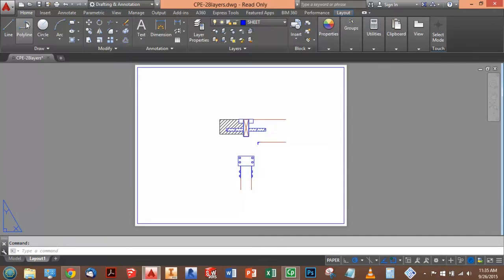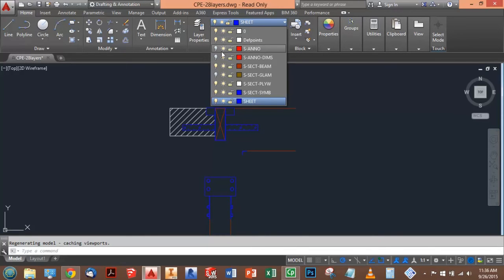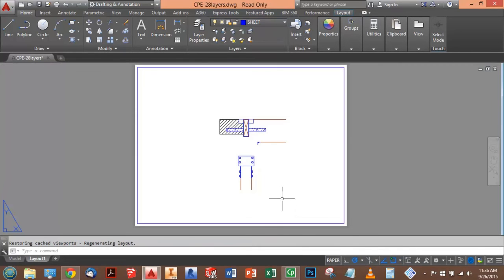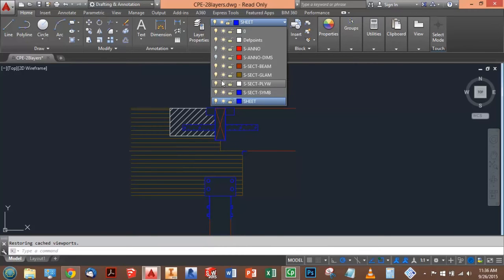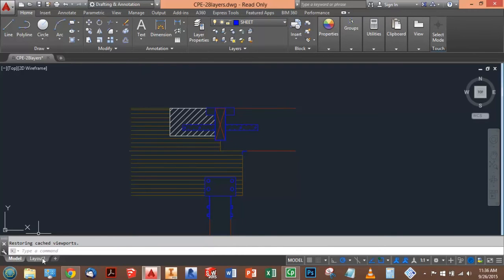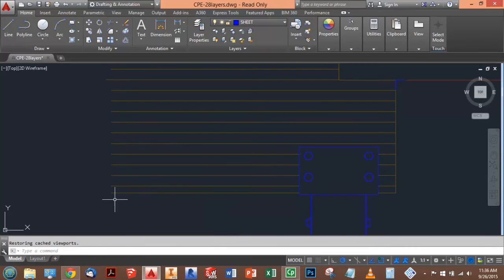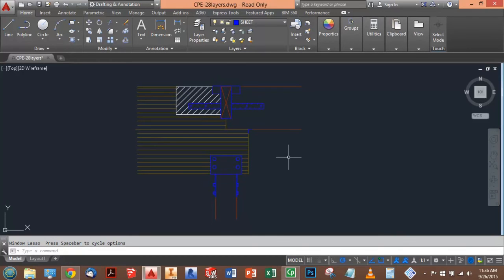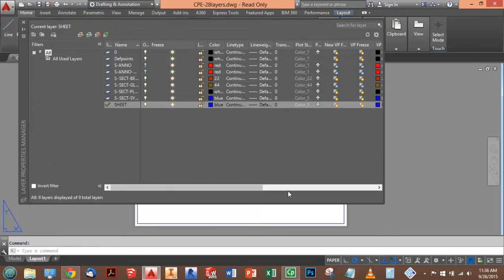So this is where they trick you: if you go to model space, you can turn that layer on here, and you can see it right there. But if I go back to my layout, notice it's not there. Do you know the difference between layout and model, and how the layers work there? Even if I turn the light bulb on, which is what most people do, it's there, but I can't see it in layout, and they ask me for the dimension in paper space, not in model space. Most people would give the dimension to this point in model space and give the wrong answer, and then go on to the next question thinking they got it right. So stay in your layout tab, and remember, in your layer properties manager,